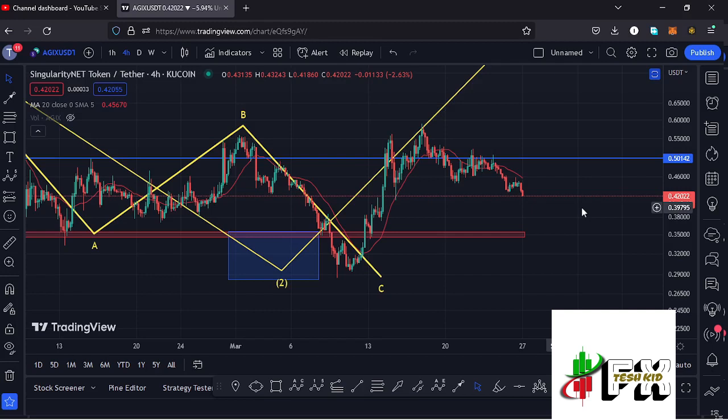I'll be giving you the latest developments that have been happening here on the Agix chart, which at the time of this recording is holding below the 20-day MA here on the 4-hour chart, which is now acting as resistance. We are also holding below a significant high at around the $0.5 mark. We are also holding above a key area of support at around the $0.35 mark, and also continue to obey